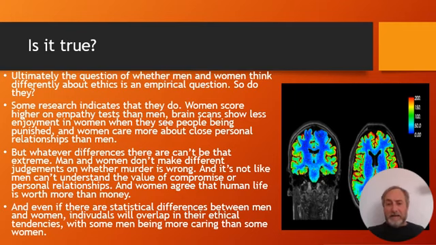And it's not as though men can't understand compromise or personal relationships or empathy or anything like that. If I go up on the street and ask a woman, do you think that human life is worth more than money, they're likely to say yes, right? So the differences, if there are differences, probably aren't huge. And of course, there's going to be overlap. Some women may be very Kantian in the way they think about morality, and some men may be very empathetic. But it could be true that there are differences to some degree.